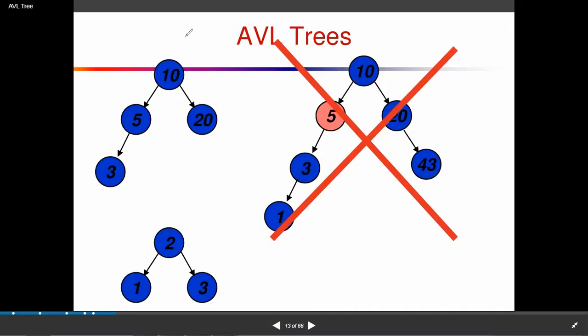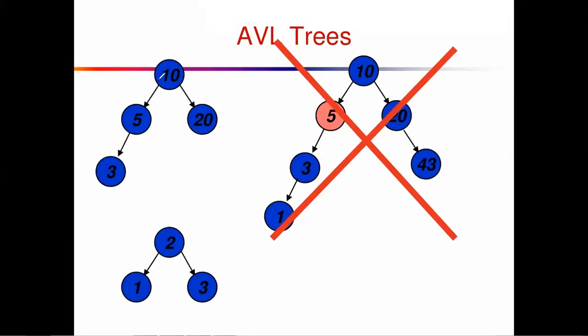Okay, just concentrate here. Let's say I want to check the balance factor, so I'm writing BF, the shortcut for balance factor. I need to check the balance factor of each and every node. We are considering 10 here. The height of the left subtree is 2 and the right is 1. So balance factor is height of left subtree minus height of right subtree, that is 2 minus 1, which is 1.